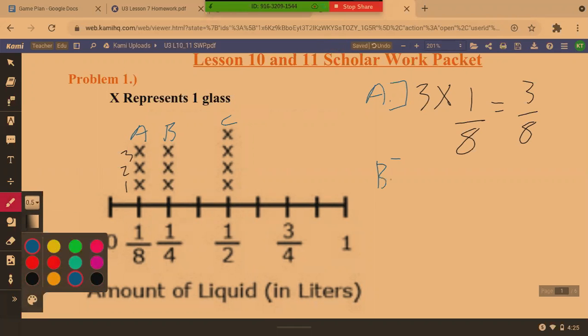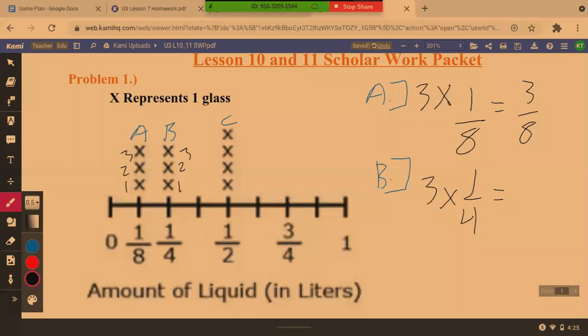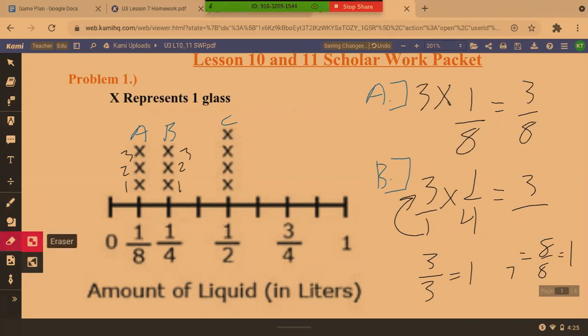Category B. There are 1, 2, 3 glasses with 1/4 of a liter each. And that will equal 3 times 1/4. And then remember, when we're multiplying whole numbers, there's a 1 under there. 3 over 1, because 1 can go into 3 three times. Do not do 3/3, because that equals 1, which is the same as 7/7, 8/8. All those equal 1. The reason why we do 3/1